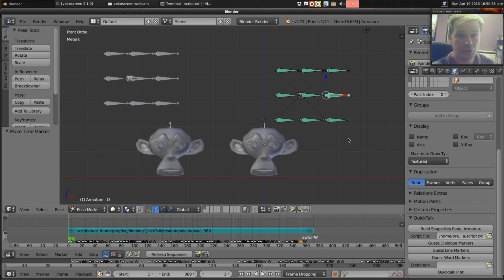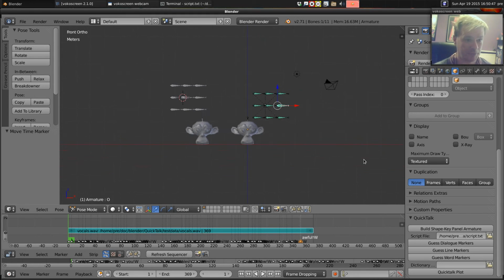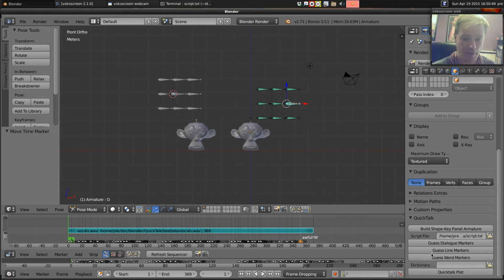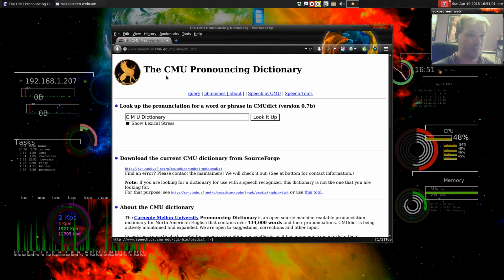And that seems to be lined up pretty well. So how do we then plot these to the actual timeline for the bones? How do we plot the phonemes to the timeline for the bones? As you notice, the next panel down here is a dictionary. You need to be able to load up a dictionary full of words that describe which phonemes are in the words. Now, the CMU pronouncing dictionary exists here at